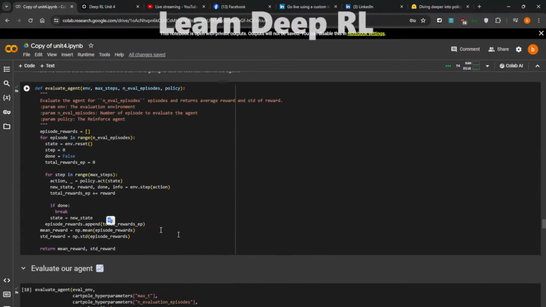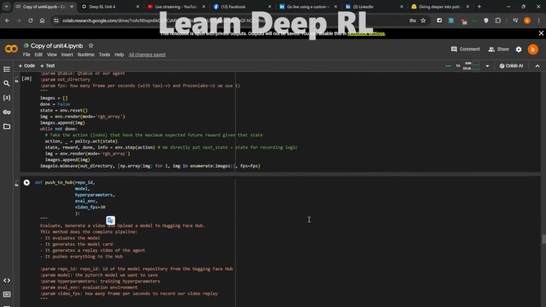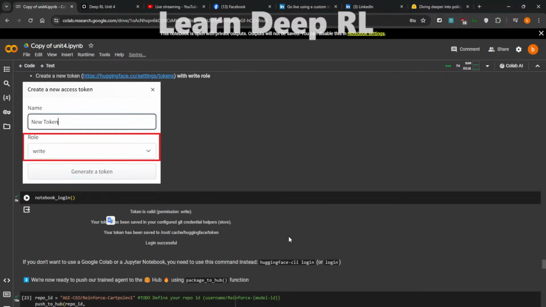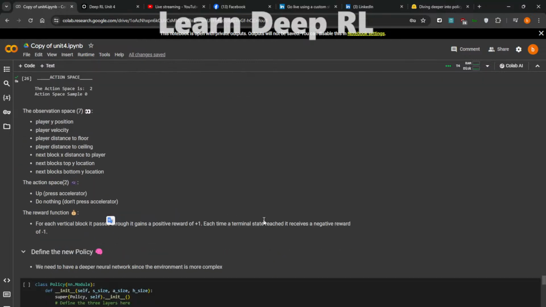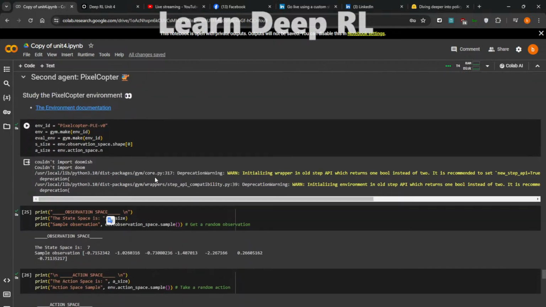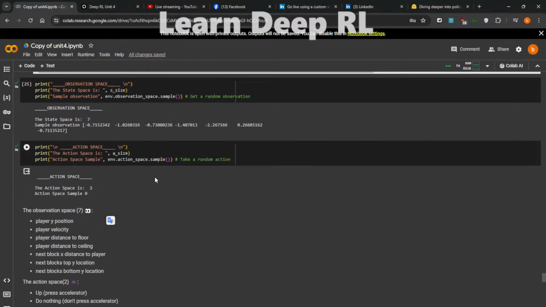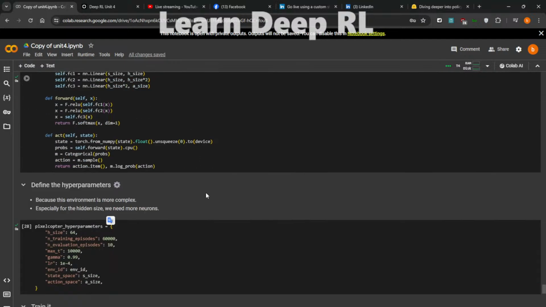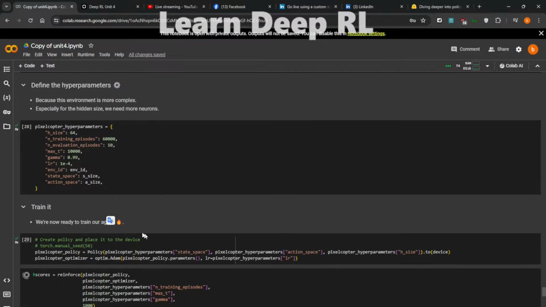You go evaluate your agent, and then you can push it to the Hugging Face Hub, and then from there you go to this next environment, which I'm now training in, which is Pixelcopter. So this is that Flappy Bird looking example. Create a new policy. You define the hyperparameters. This one will have a more complex environment because